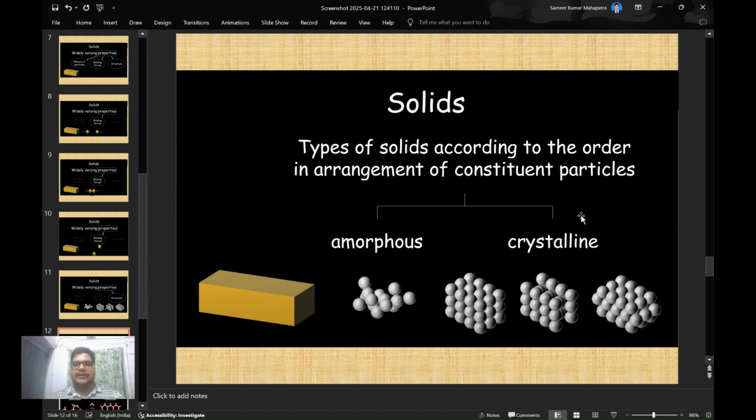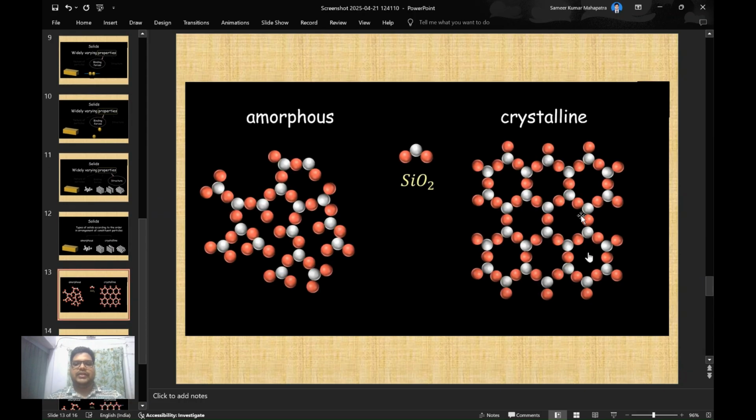So the properties I will discuss are the melting point, the refractive index, and the cleavage, which are discussed below. In this case, I just consider silicon dioxide as an example because it is present in both amorphous and crystalline solids. Also remember that this is the 2D structure, not the 3D. In the 3D case, each silicon atom is bonded to 4 oxygen atoms, and each oxygen atom is bonded to 2 silicon atoms. So the molecular formula is SiO2. Okay,